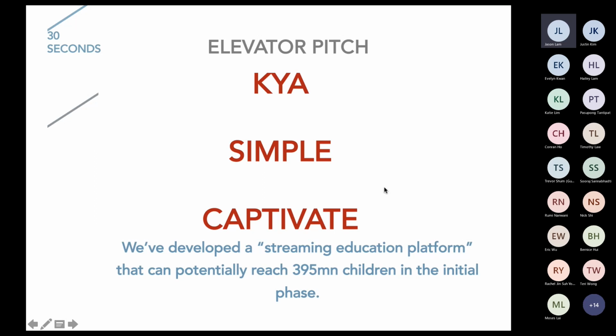And then in terms of being simple and captivating, any idea that's too complex to understand within 30 seconds, people might not listen to your full story. So that's the 30 seconds. Instead of waiting to build up to your primary point, you need to think about what you can come out with right off the bat to captivate people so that they will spend the time to listen to you. Next slide.